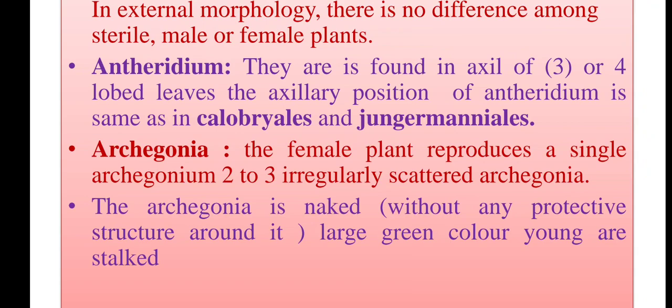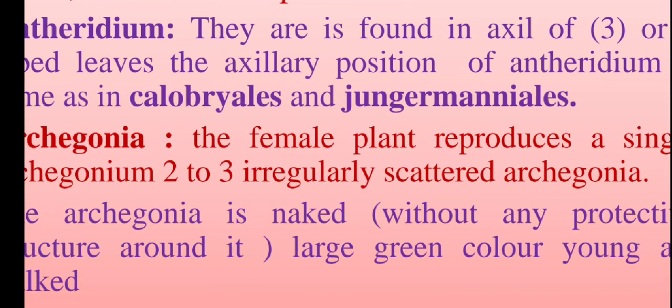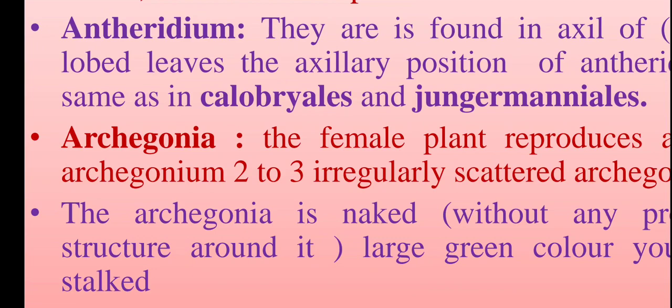This is a complete life cycle we have already studied in previous orders. All of you know, we studied it in detail in the previous order. Is that clear? Next, archegonia. Antheridia are the male reproductive organs. They produce the anthrozoids, and archegonia are the female reproductive organs. They produce the egg cells.